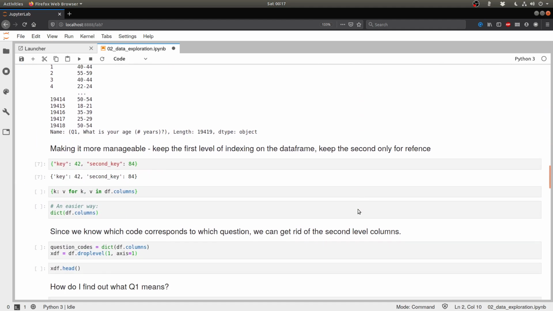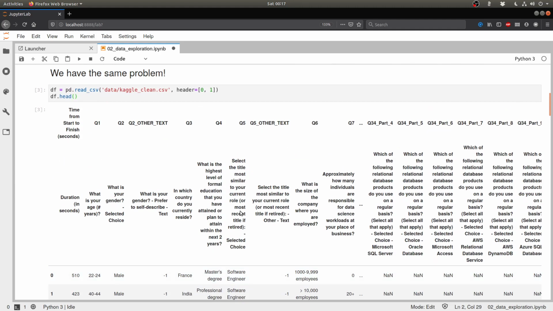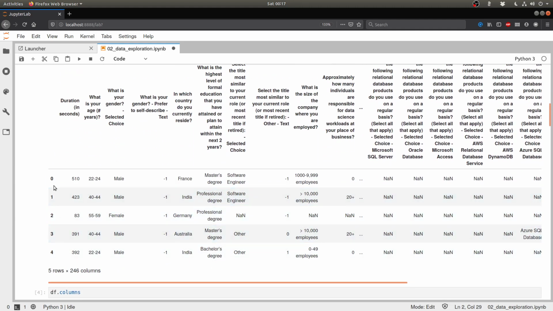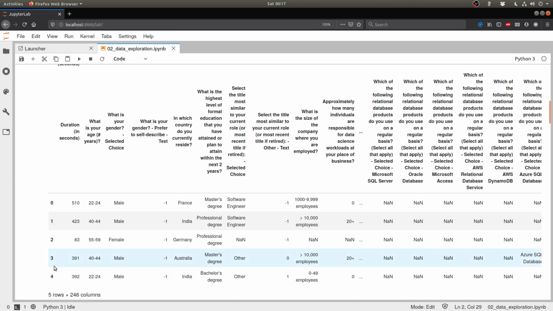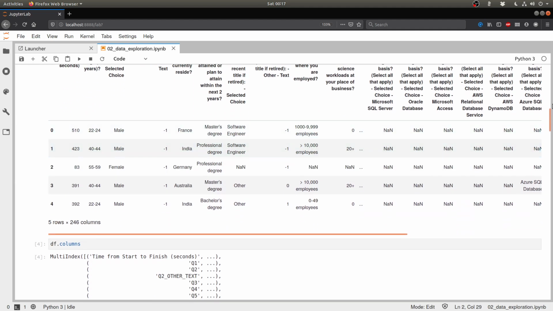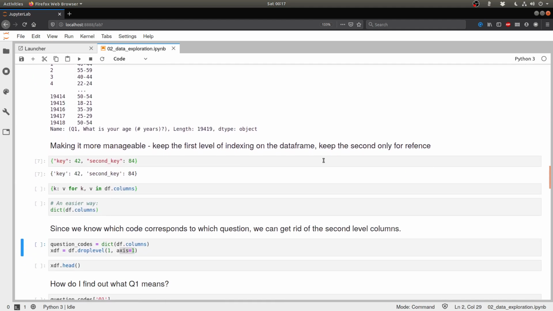So what I'm going to do is ask pandas to drop the first level along the first axis. Remember, we have seen that when we talk of the 0th axis, we are talking about row-wise stuff, whereas when we talk about the first axis, we are talking about the column-wise stuff. Here, our second level of indexing is happening along the columns, not along the rows. Remember that the rows are still indexed with a single number. So we are simply going to drop that first thing, and there it is.